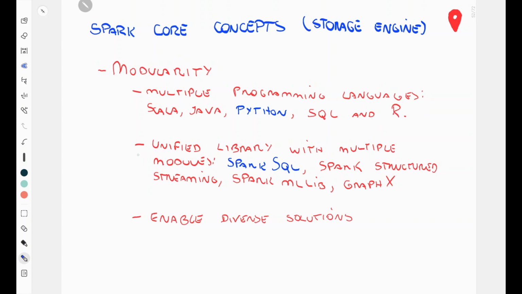It is a unified library with multiple modules, such as Spark SQL. This is the one we're going to explore the most in this video series, and Python. But going back, you have Spark Structured Streaming for streaming data. You have MLlib, that's for machine learning, and GraphX. And because of having multiple programming languages and multiple modules, you enable diverse solutions, right,